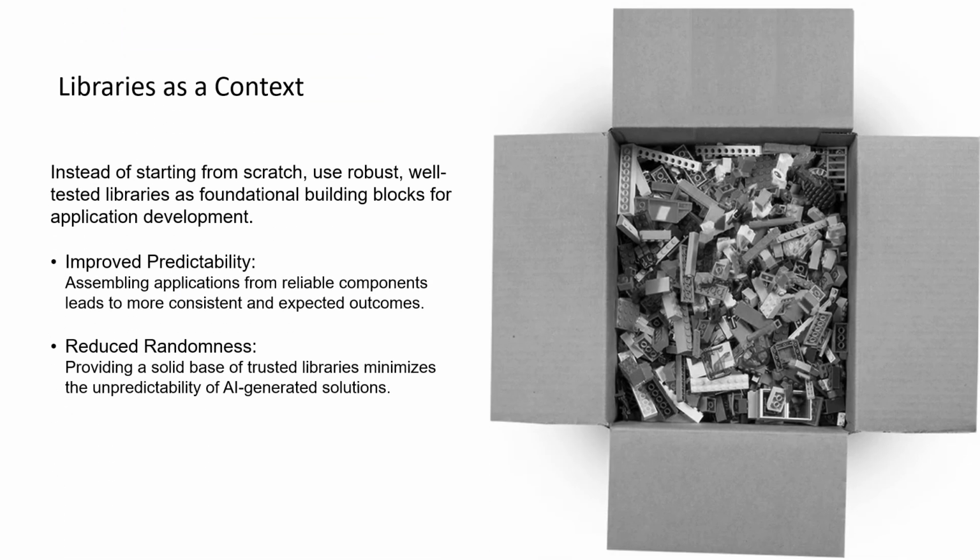Perhaps the puzzle analogy feels a bit outdated, so let's use Lego parts instead. In reality, AI doesn't build applications entirely from scratch, it assembles them using well-known libraries and components it has learned about during training. This is actually beneficial, because familiarity with these libraries will be useful for us as well. Our own libraries will likely rely on them, too. Beyond just functionality, our libraries can also provide important contextual information, helping the AI understand how to assemble the application in a way that fits our specific needs.